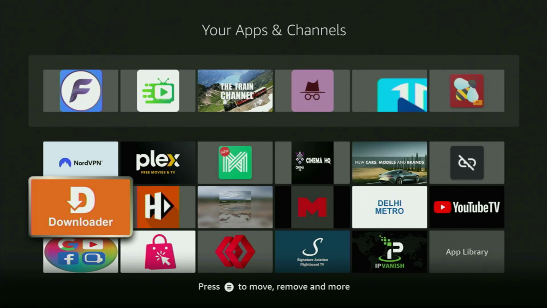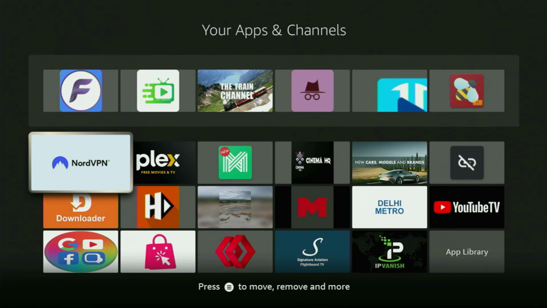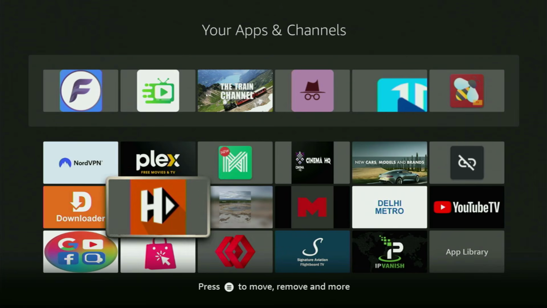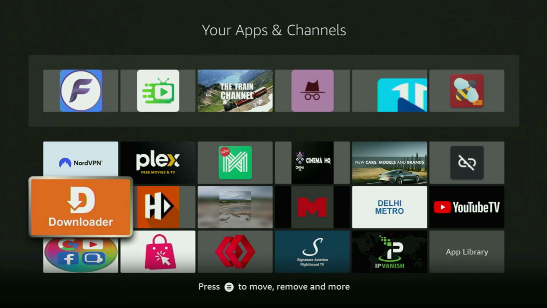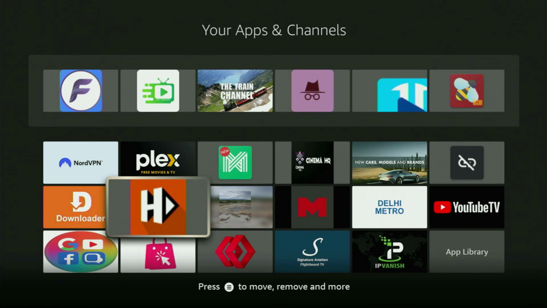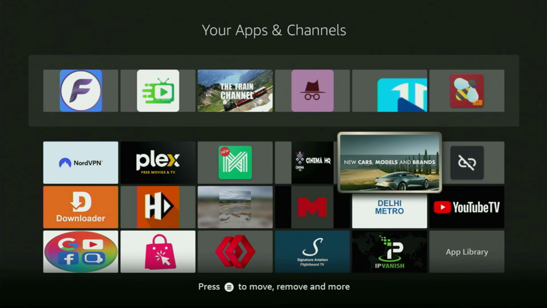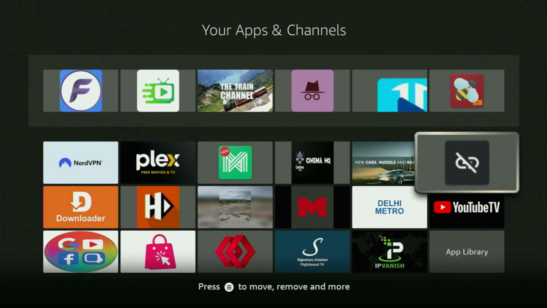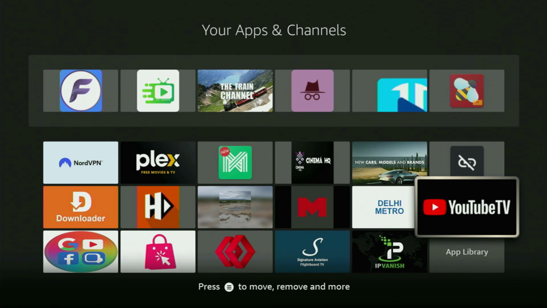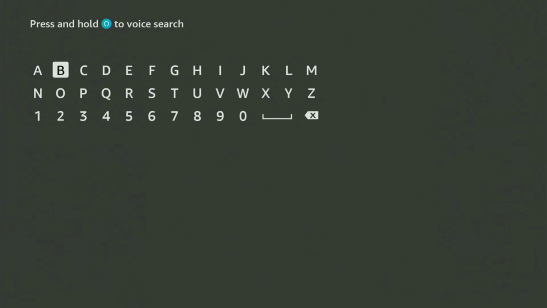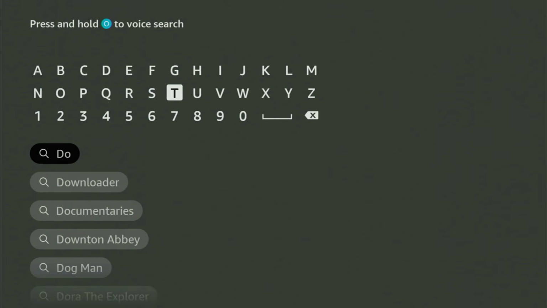Hey, how's it going? Today I'll show you how to get the best IPTV players to your Firestick, as well as how to set them up. And firstly, you gotta have the app called Downloader on your Firestick. If you already have Downloader on your device and it is properly set up, then you could actually skip this step. But if you don't have Downloader yet, or you are unsure if it is set up correctly, then of course follow me. So firstly, we go to the search on the Firestick, open the search bar, and start typing